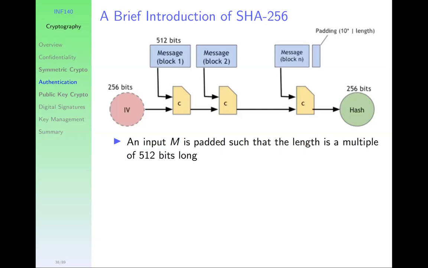Then it compresses the input and gives the final hash, which is 256 bits. This is how hash functions are designed. In SHA-1, SHA-2, and in SHA-3, this new family, they use different